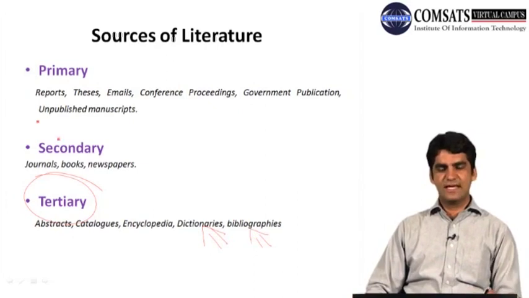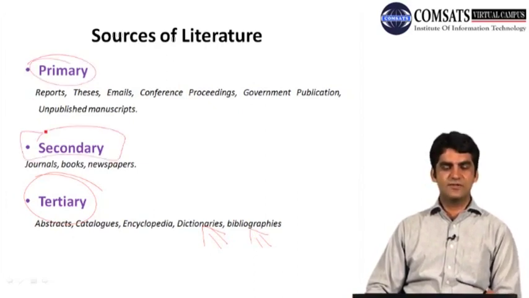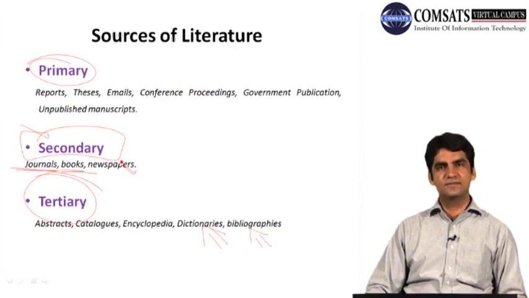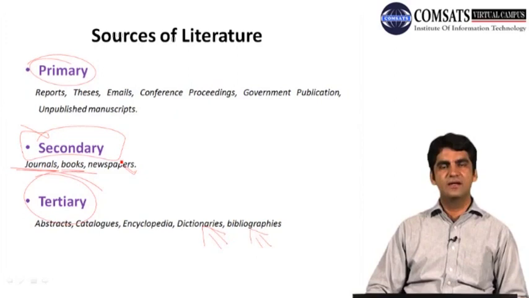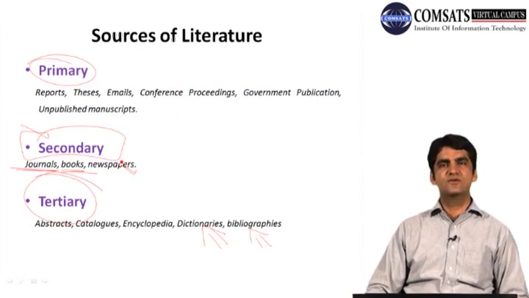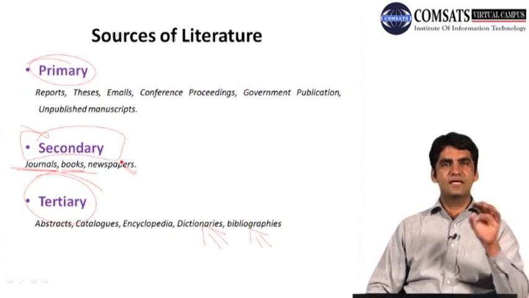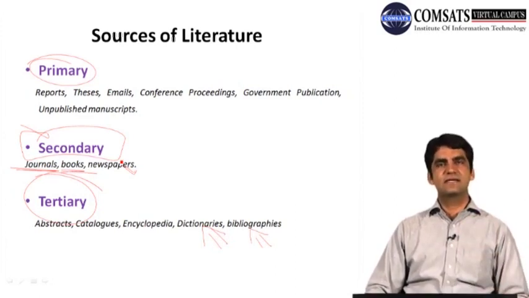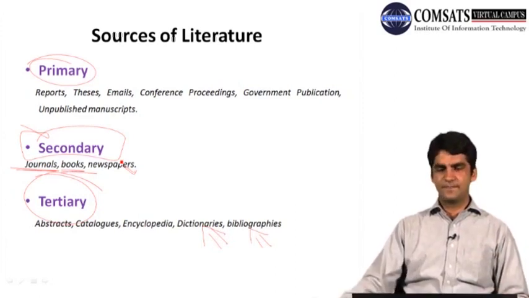But most of the time, either you use primary sources or predominantly use secondary sources, that is journals, books, and to some extent newspapers. So this is how these various sources help you find what is available on the research topic that you are interested in, what is available on the research question that you want to answer, and how you can meet your objectives while accessing these primary and secondary sources.